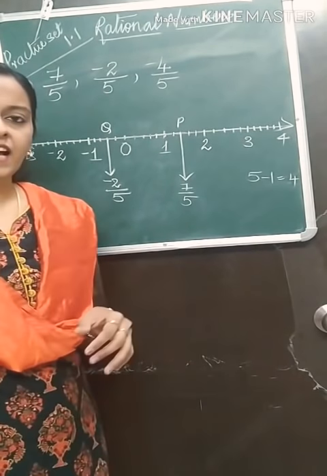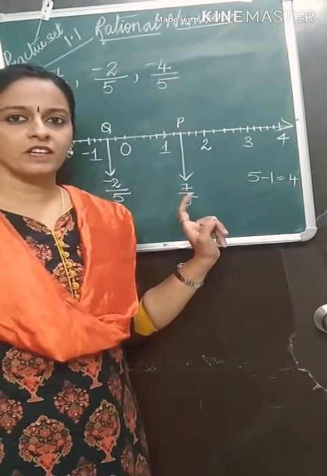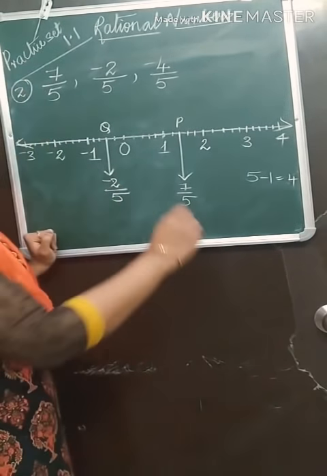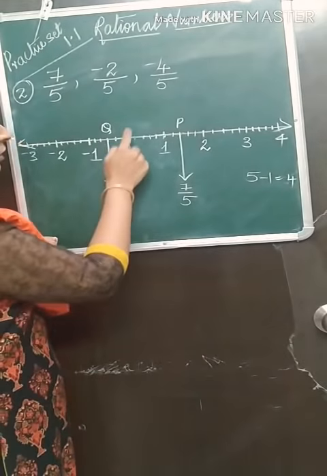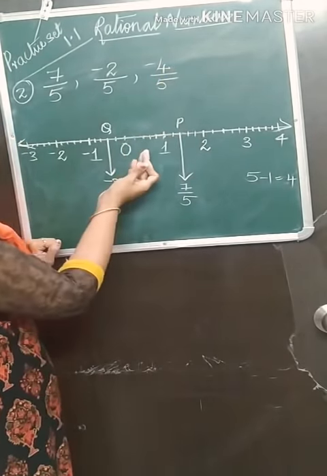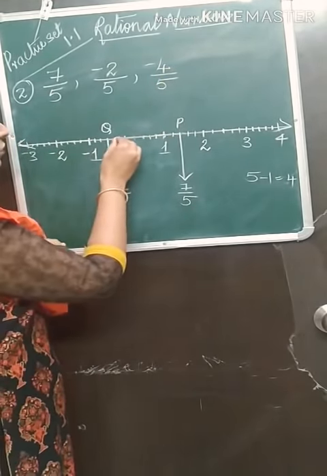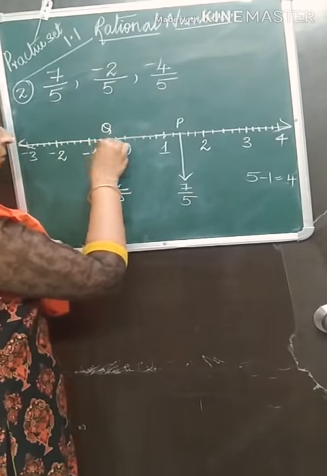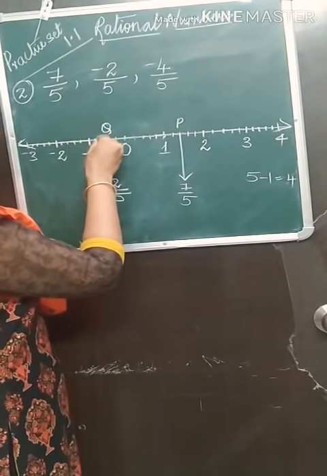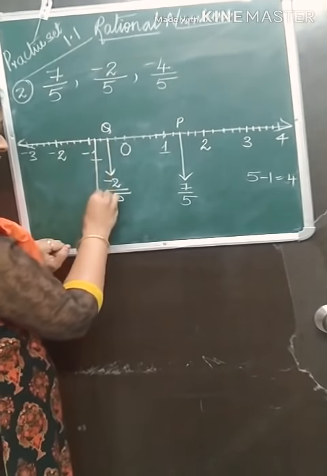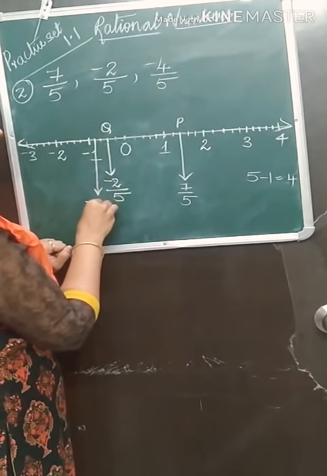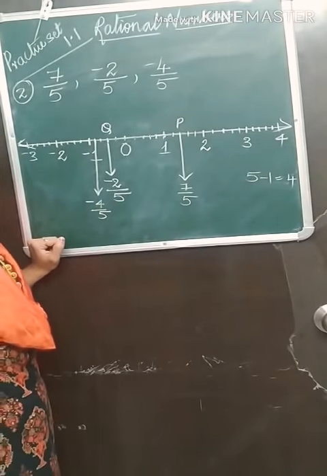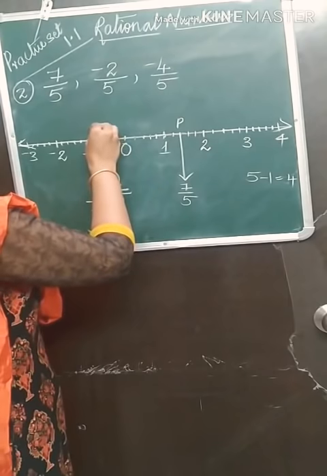The last one you do. Yeah, plot it. I'm waiting. Later on I'll do it. And we'll check. Plot it? Yes. How did you plot? After 0, because it's a negative number, so on the left side. After 0, first dot, minus 1 upon 5, minus 2 upon 5, minus 3 upon 5, and this is minus 4 upon 5. Minus 4 upon 5. Okay, then give a name S.